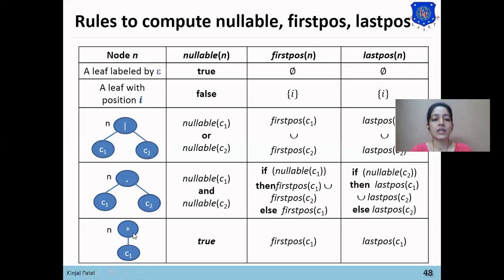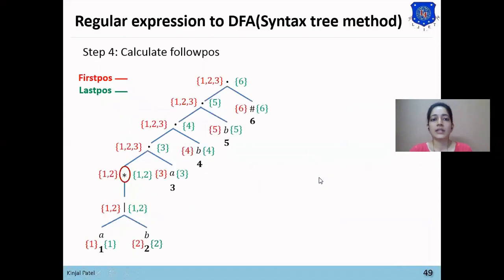And the last rule is for the star node. The star node is nullable, so here nullable is true, and in the star node first position of C1 will be added and last position of C1 will be added. Now the next step is to find follow position.